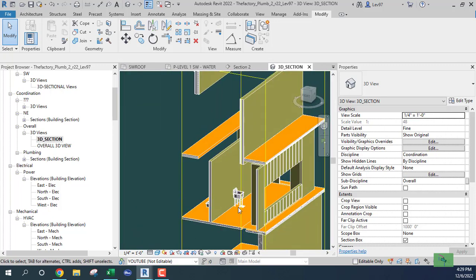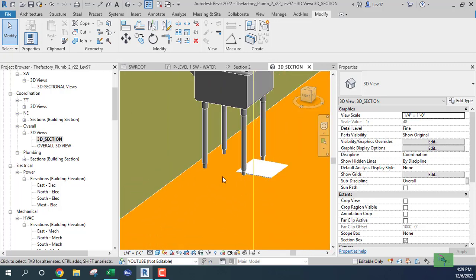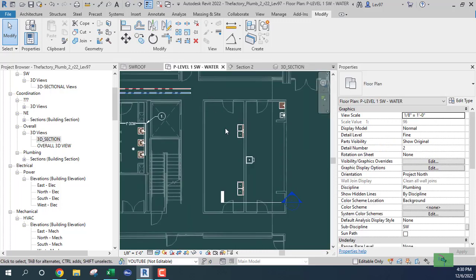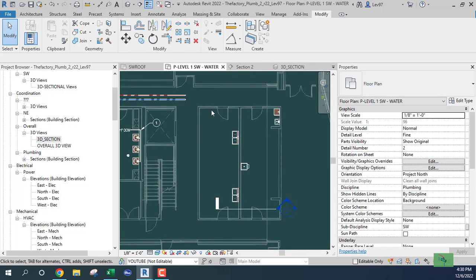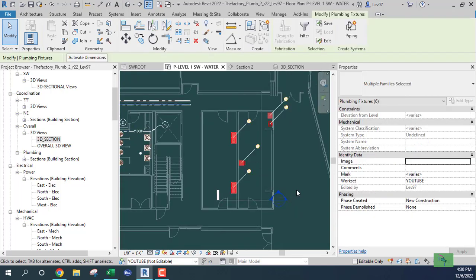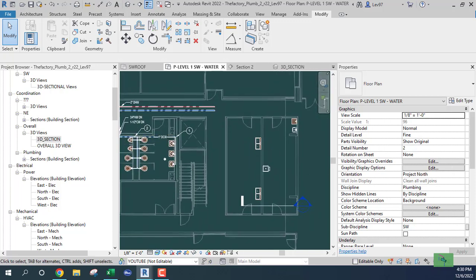And there's our utility sink with the floor sink under it. Okay. So once you lay out all of this and make sure all your fixtures are pinned, looks like they are, okay, and now we can begin to do the plumbing work. So I think what I'm gonna do, let's look at this. What I'm gonna do is,